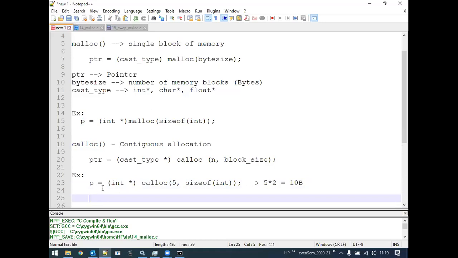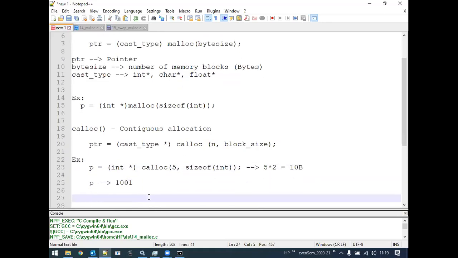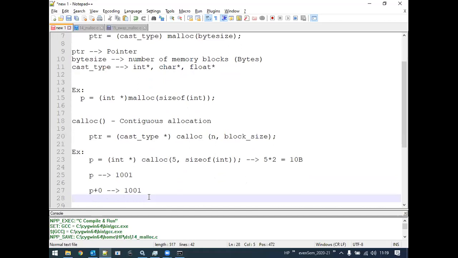Suppose whenever we allocate initial memory, assume that p contains memory location 1000, 1001 initially, but it has been allocated with 5 such elements. To generalize, p plus 0 will be pointing to 1001. Now if I perform p plus 1, I'm incrementing the memory address. Can you tell me what it will be pointing to? 1003.